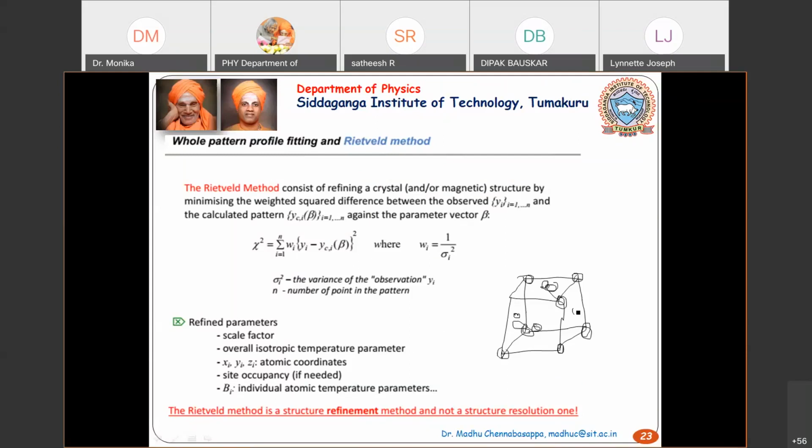Now if I want to give the atomic coordinates, say this is a Na and this is your origin, then 0 0 0 is the atomic coordinate. And if I want to say this is my second sodium, Na2, then it is something around 1 0 0. If this is my sodium atom again, then it will be 0 1 0. Then if this is my z axis, then it will be 0 0 1. So I don't have to give all these coordinates. Instead, I give only one, which is your 0 0 0.